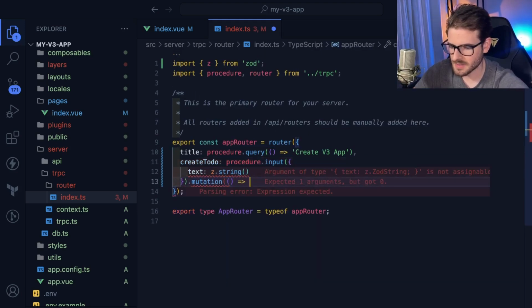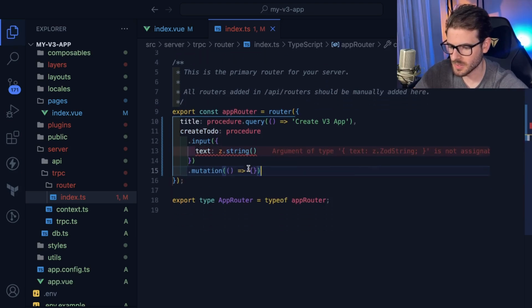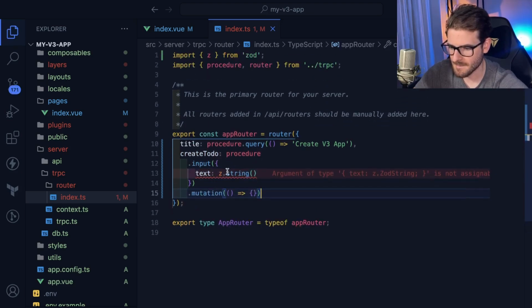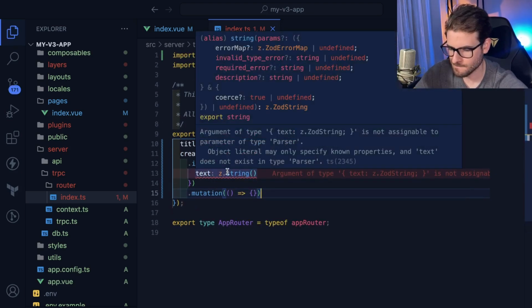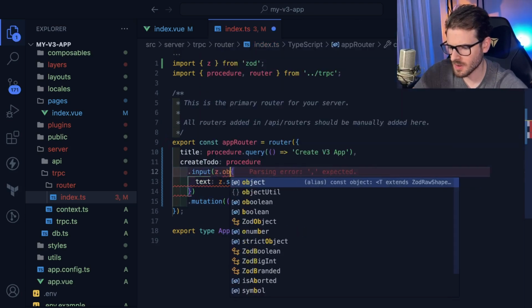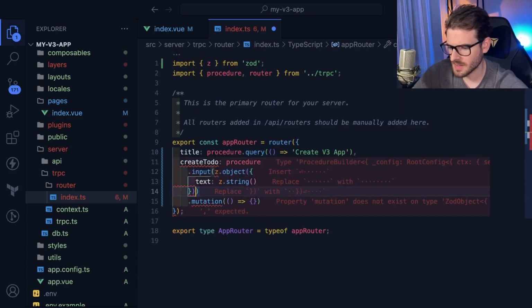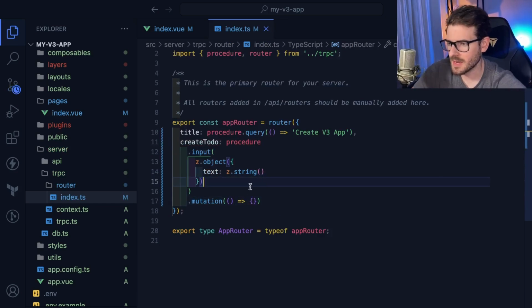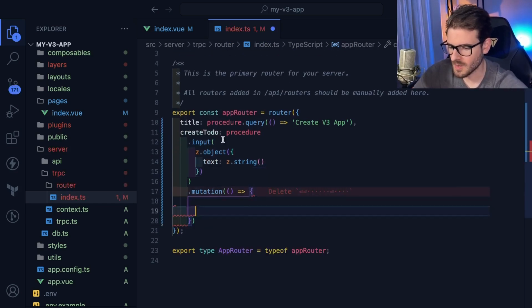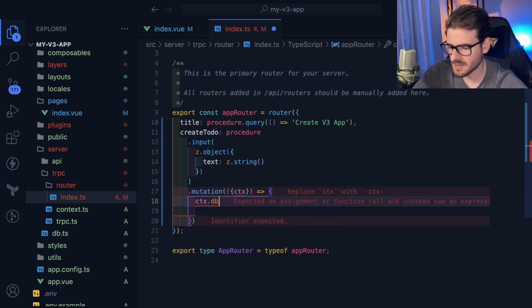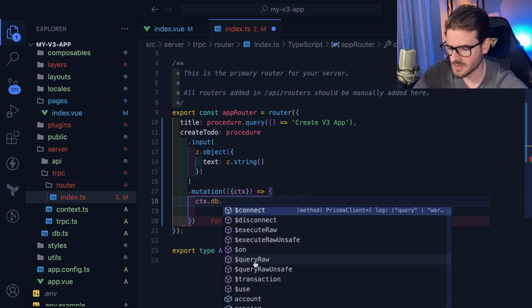Now let's go ahead and pass this a callback, and let's make sure this works. Actually, I think it's called z.object, and then I need to do this. Is that how you do it? Okay, going off of memory here. So now this will require someone to pass in some text, and when someone does pass in text, we can actually use the context like this, and we can get the database object, and we can get one of our